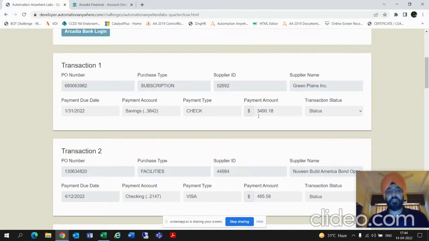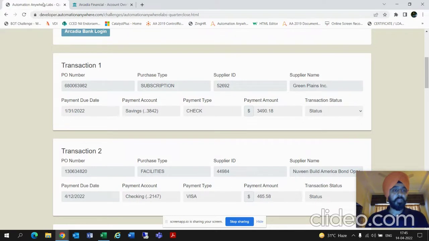For each of the transactions, you have to go on this page, use this information, and update the status. Ideally, for the given account, you have to search for this amount. If you find the amount, you go ahead and select the status as verified. If you don't find the amount, you mark it as unverified. So that's the requirement. Now, if you look at this carefully,